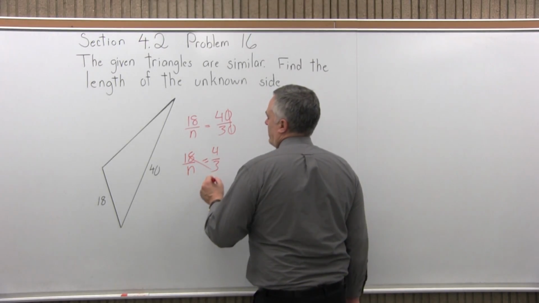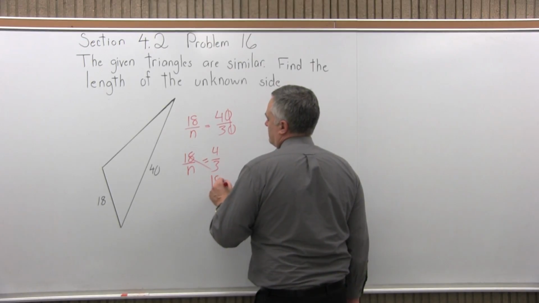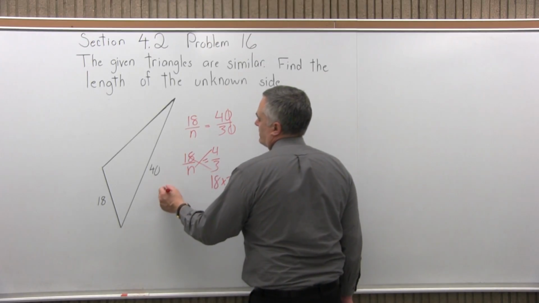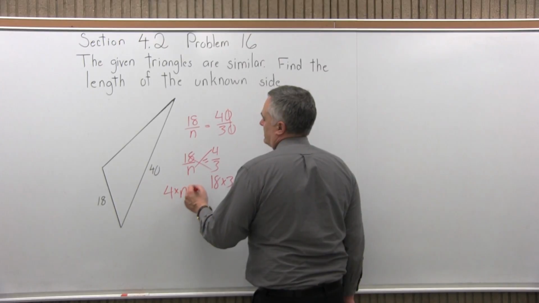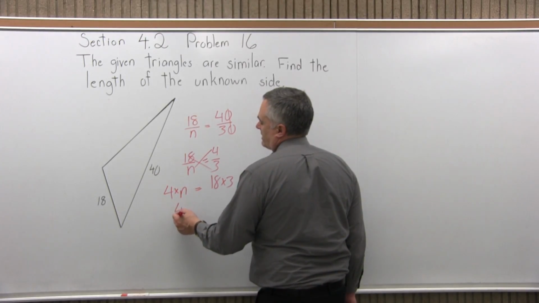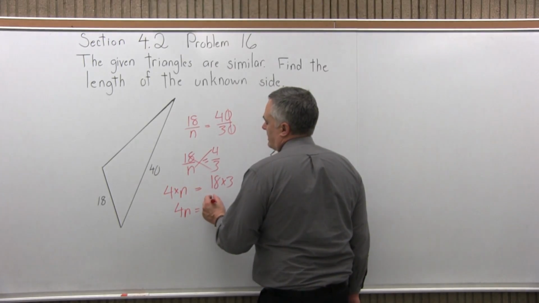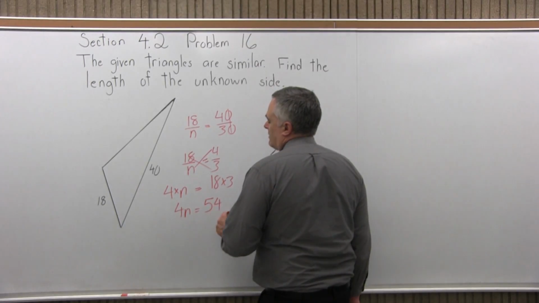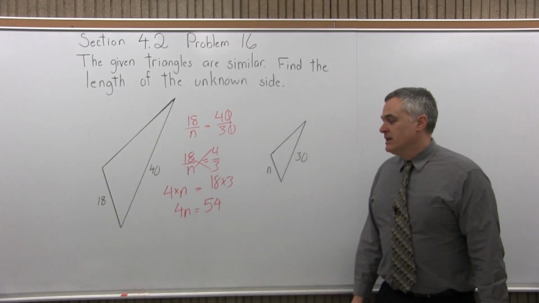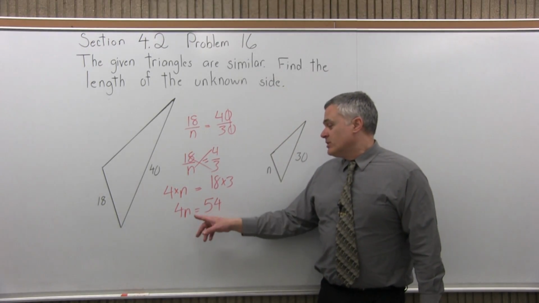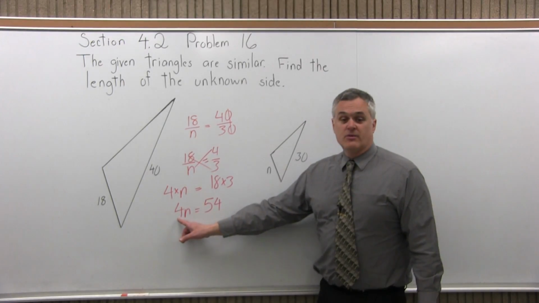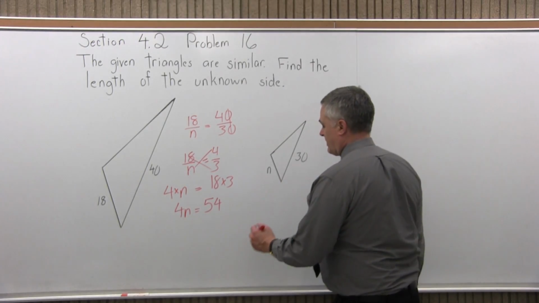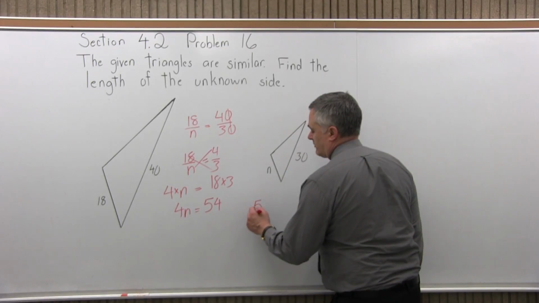So multiplying one way, you'll have 18 times 3, and the other way, 4 times n. And those are equal. 4 times n we can write as 4n. 18 times 3 is 54. Now, to solve for n, what we do is divide the 54 by the number in front of the n, which is 4. So off to one side, I will do 54